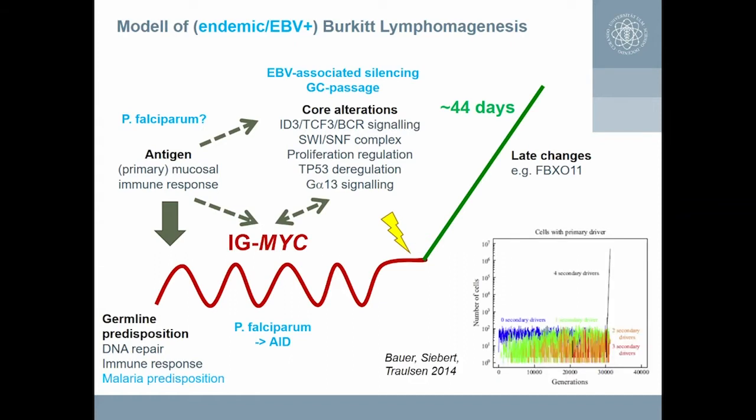Finally, can we prove this model further? So what we did is we used a computer-based modeling of Burkitt lymphoma genesis. And if we end up with MYC translocations and 4 of these additional drivers, we can nicely model the biology of Burkitt lymphomas also in a computer. So what we think is that it needs only a very restricted set of mutations beside MYC translocation, which drive Burkitt lymphomas, and that in endemic Burkitt lymphomas, EBV can substitute for a number of these mutations.